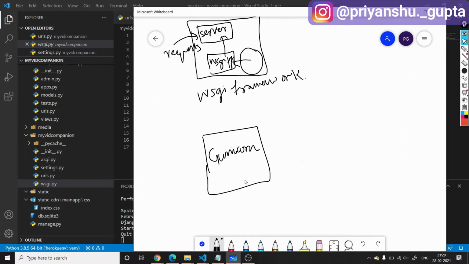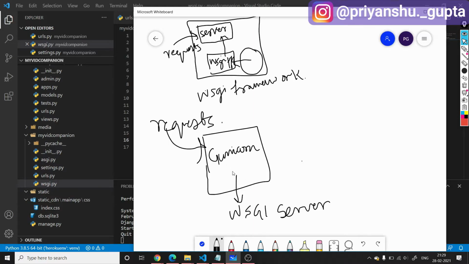Gunicorn is basically a WSGI server, which is now responsible for handling all these requests. If we are using the built-in server, then it starts only one Python process which performs all the tasks.